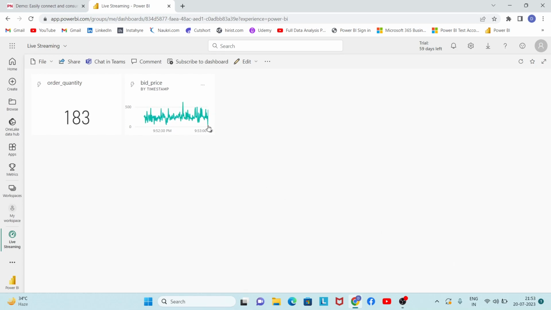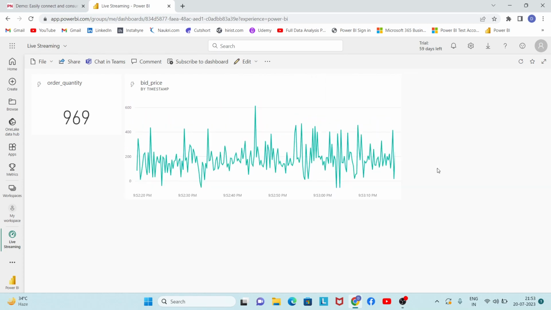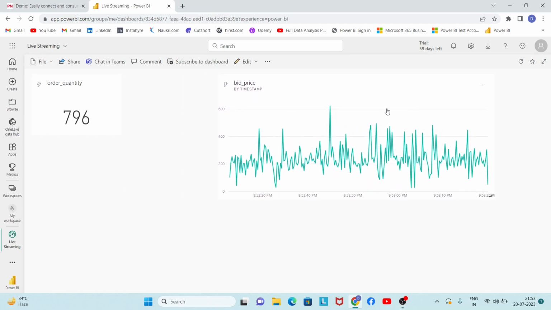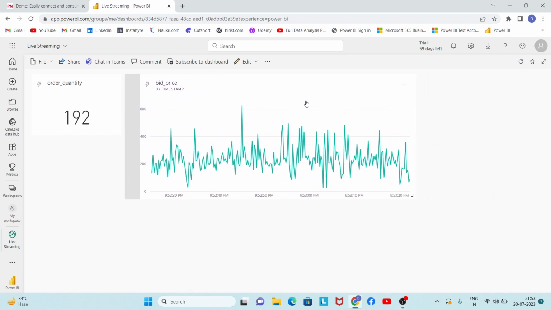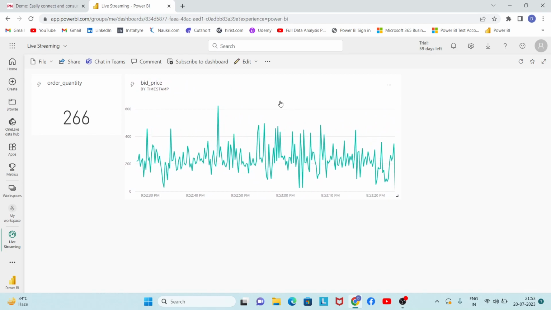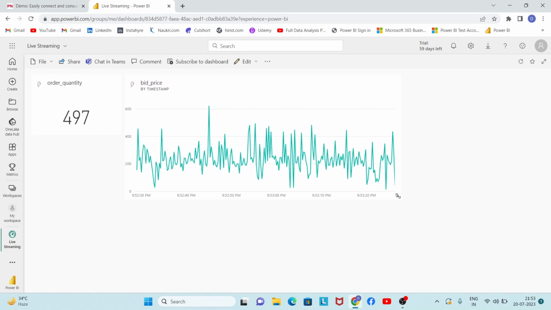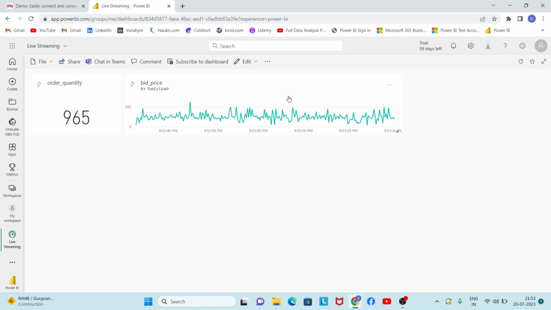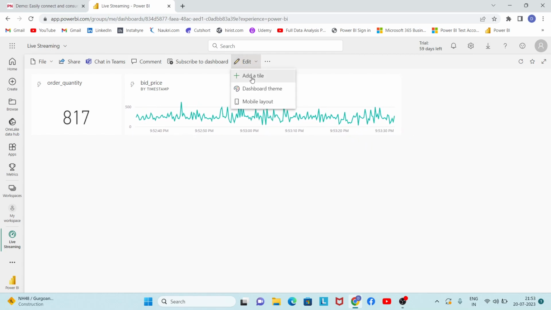Now let's increase the size of this line chart. So simply click here on the style and then you can resize it in this manner. Fine. And you can place it anywhere, wherever you need on the dashboard, right? Let's say I want to add one more tile or one more visualization to this particular dashboard. So I'll click here on edit, add a tile,